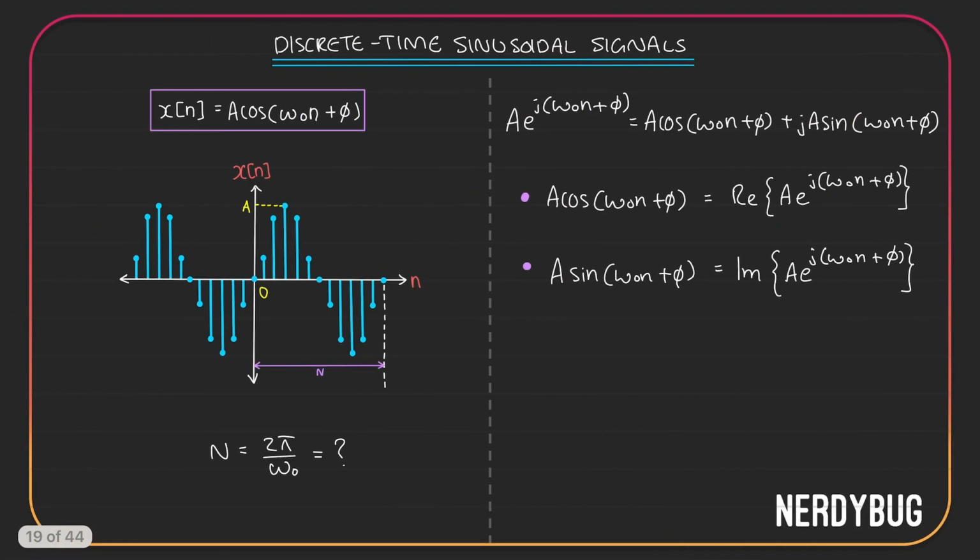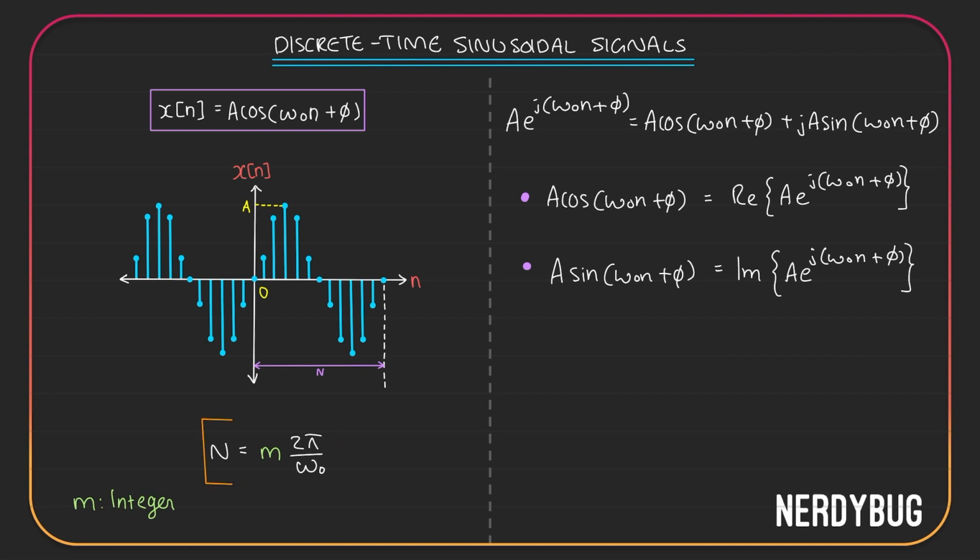Now let's go back to something that we left. N equals 2 pi by omega naught. Is it correct? No. It could be correct. Sometimes it is correct, sometimes it is not. So to correct it, what we do is we put an m over here. m is an integer which, when multiplied with 2 pi by omega naught, will make it an integer. If there is no m in this world that can make your 2 pi by omega naught an integer, then that signal is considered non-periodic.